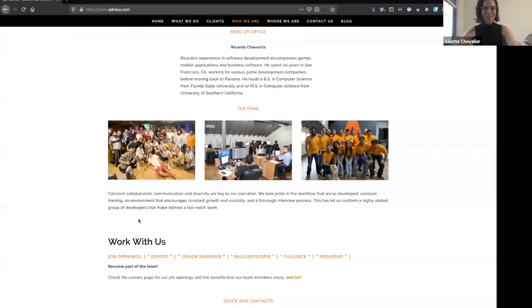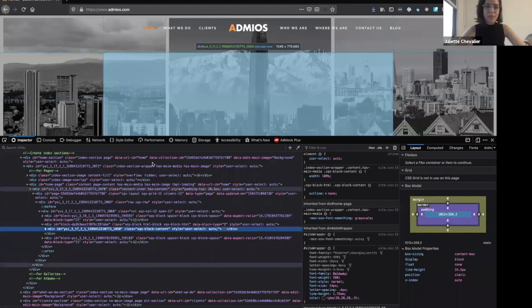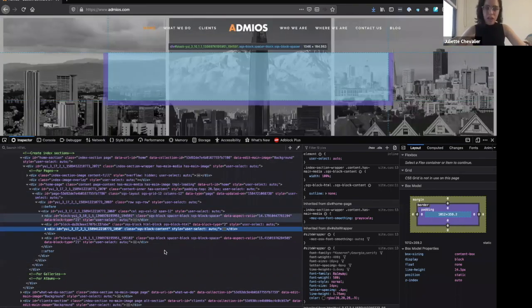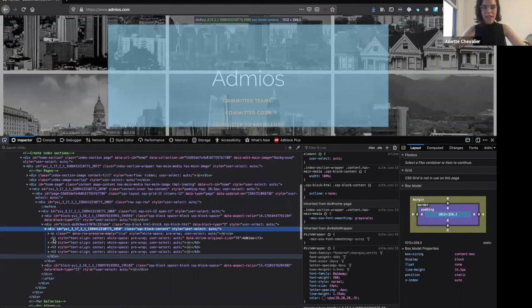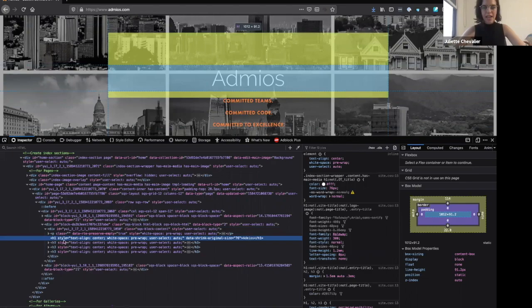Now, this is the code that you can see for every website out there. So it doesn't matter which website you go into, you will always be able to see the website's code. But you're only able to see its HTML, CSS, and JavaScript. You're not able to see more than that. So let's do an example. If I go with my pointer here and I select the name, I can see that it's a header 1, which is the highest level of headers you can have. And I see that I have some attributes such as style, then data string, original size, and then I have what the user actually sees, which is Admios.